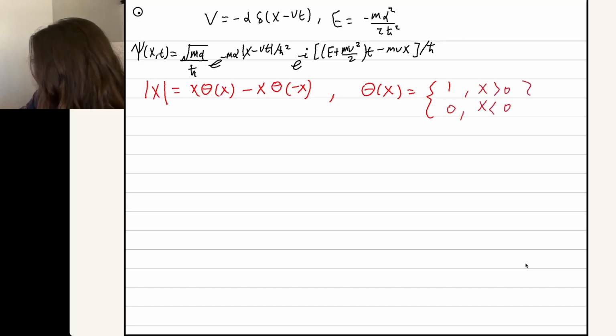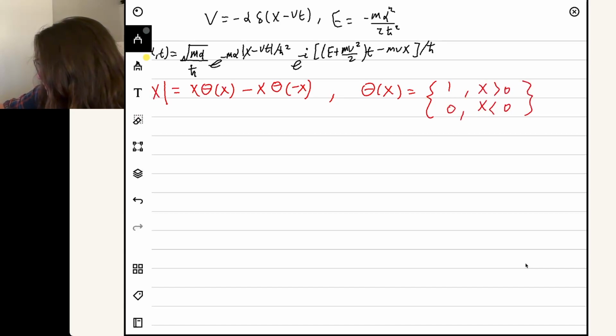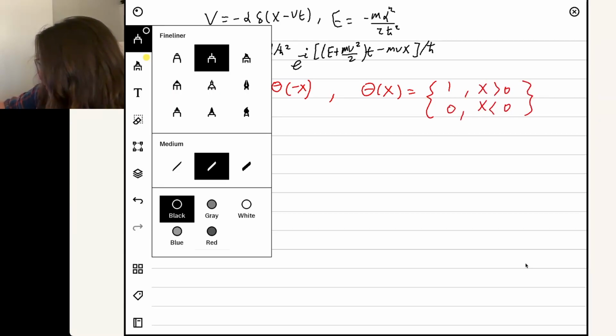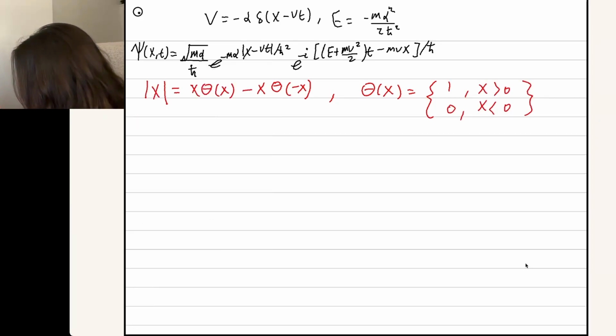So that's how you write that. Writing it like that, we have this term still